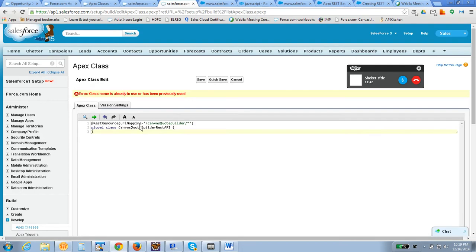Okay, let me change the to clear. So it should be unique throughout your organization. You can give it any URL, not only a single one. You can give it like this API slash some blah blah slash whatever you would like to give, a URL. So you can give that particular URL.